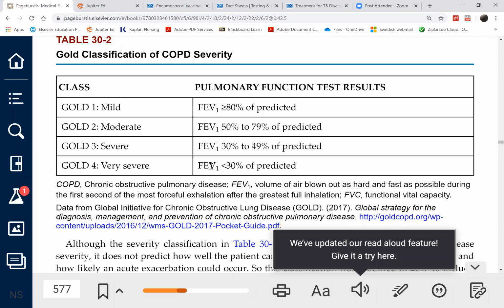Meaning FEV1 of less than 30%. I mean, that's pretty bad, meaning their lungs have only less than 30% capacity. So that means you can see how hyperinflated the lung is, how weak the lungs are. If they can't blow enough volume, so let's say we want at least definitely way higher than 80 here, that's normal. If you're already at less than 30% at the very severe classification,